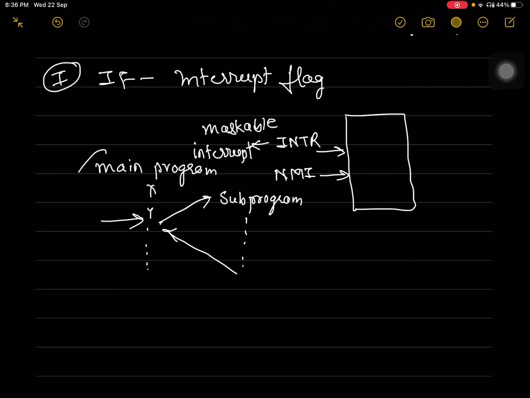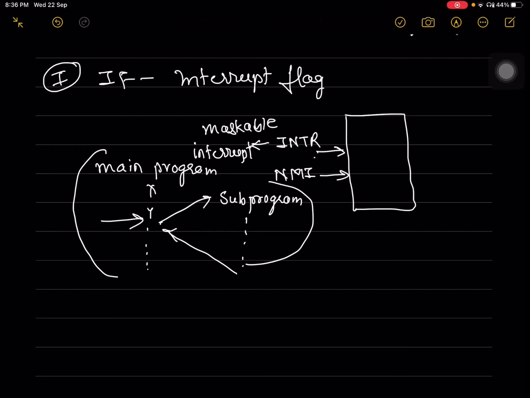So this particular process is called as interrupt of the microprocessor. Whenever microprocessor is interrupted, then it will leave its main program, it will move to the subprogram, and after execution of the subprogram, it will come back to the main program. So to carry out this process, there are 2 interrupts available, INTR, which is a maskable interrupt, and NMI, which is non-maskable interrupt.